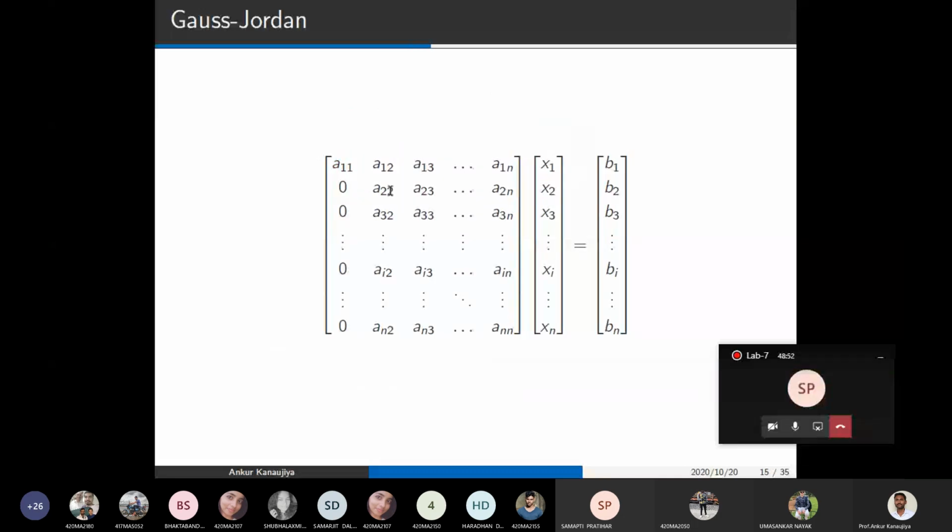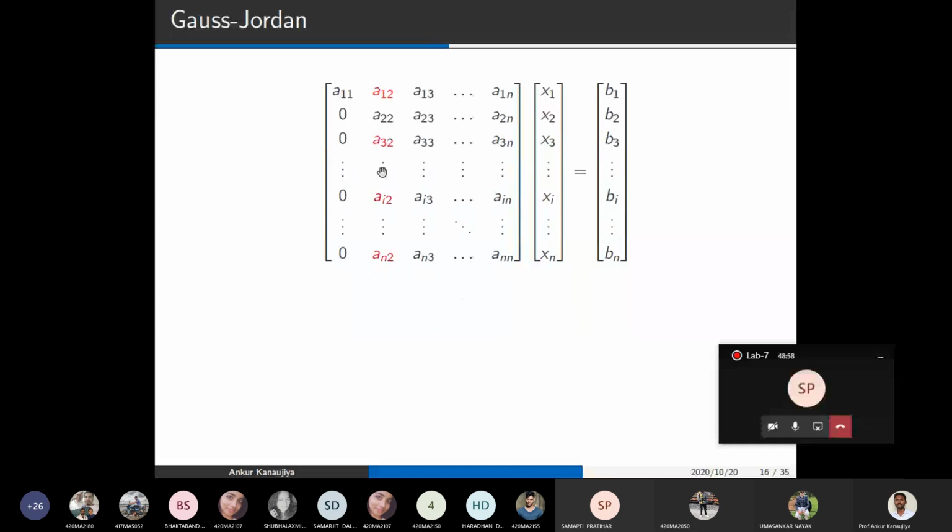Now from the second step, once we are at the second column, not only do we have to make a32 and a42 0, we have to make the a12 entry also 0. Except the diagonal, the remaining entries in the column must be 0. Then only we'll get the diagonal matrix. Similarly, once we come to a33, except this, the remaining entries we have to make 0. So can you tell me which row operation will apply so that all entries become 0?